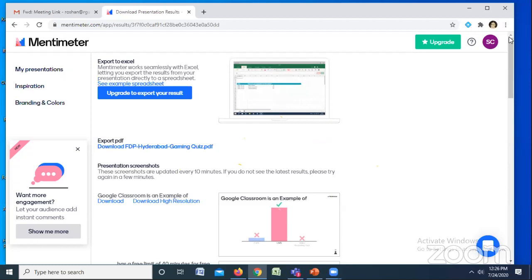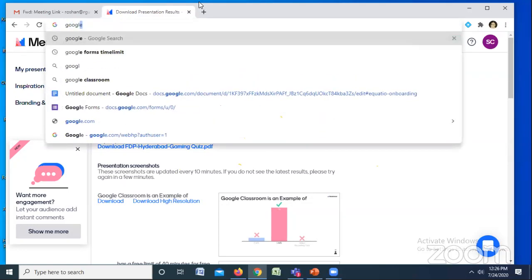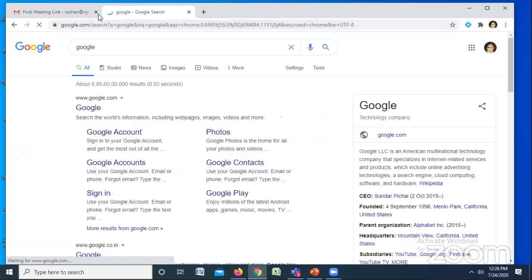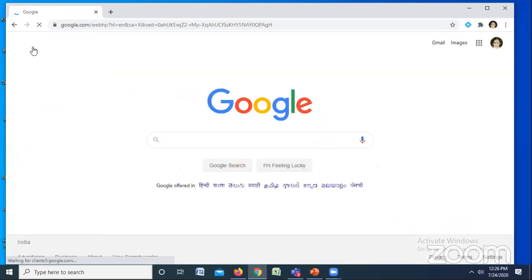Not the paid version. So this is all about Mentimeter, a gaming quiz. Let me stop here. I'm done. Assessment platforms we have seen: the three of them, Microsoft Forms, Google Forms, Testmoz. BookWidgets also you can try and explore. You get 1 month free. That's a very nice tool. And gamification: Kahoot, Mentimeter, Nearpod. Other ones are Quizalize, Quizlet.